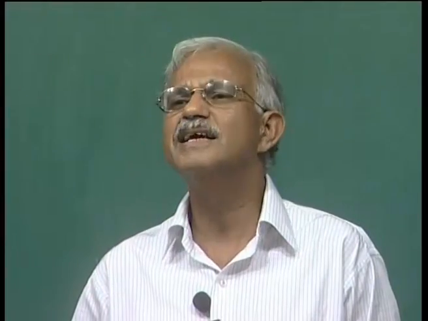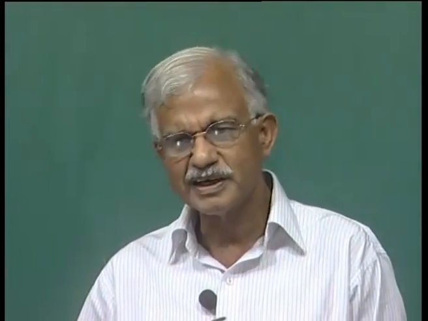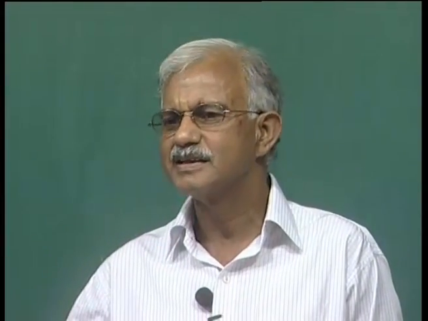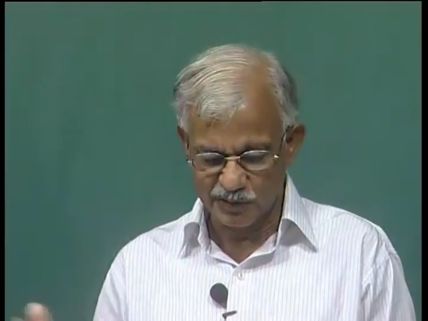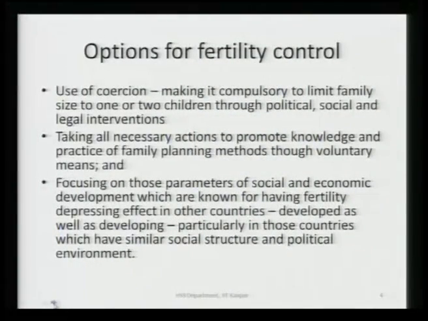We can only aim at reducing the fertility levels, and through that the rate of growth of population, so that in the future we should not grow at that fast a rate at which we are growing. Options for fertility control. What are the options for fertility control? Use of coercion, make it compulsory to limit family size to 1 or 2 children through political, social or legal